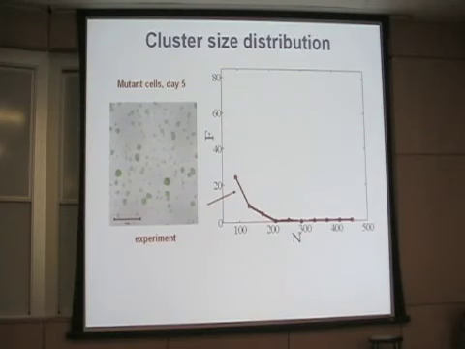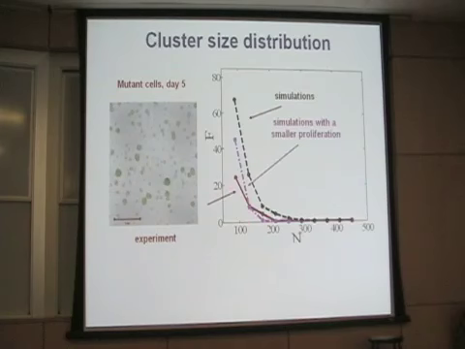So I can look only at the tail of this cluster size distribution because we cannot detect very small clusters. Now, if I compare this experimental curve with simulation, the comparison is not so good. In simulations, you have a large number of almost equal size clusters, whereas in experiments the number of clusters is smaller, and there are differences. And probably this is because we didn't take into account another mechanism.